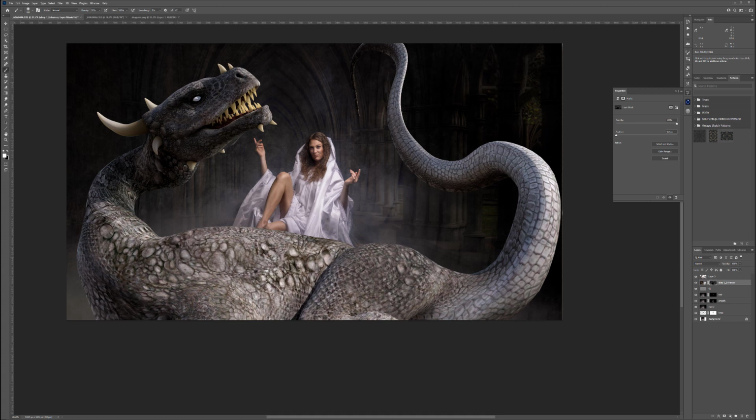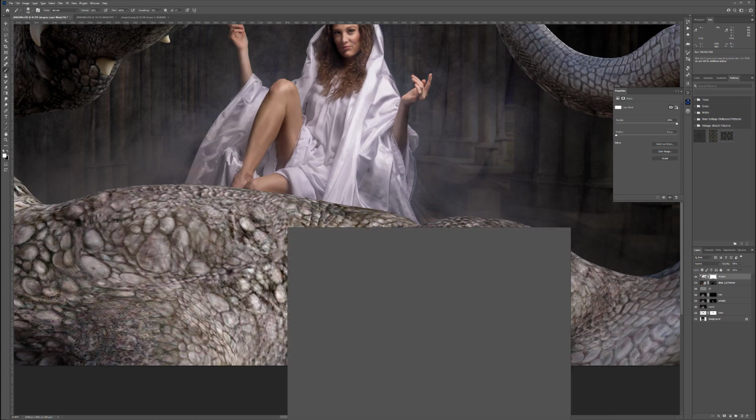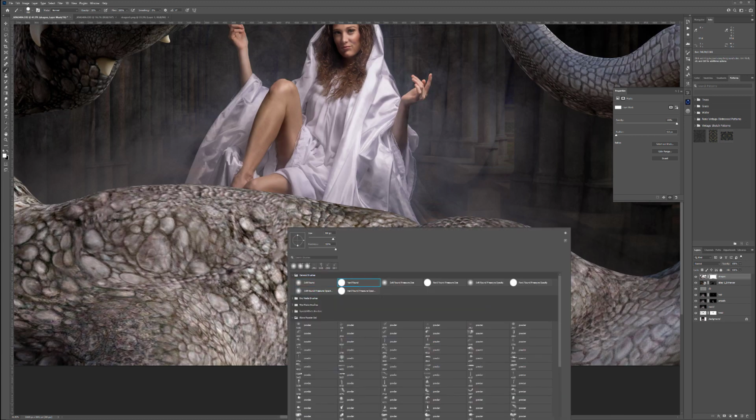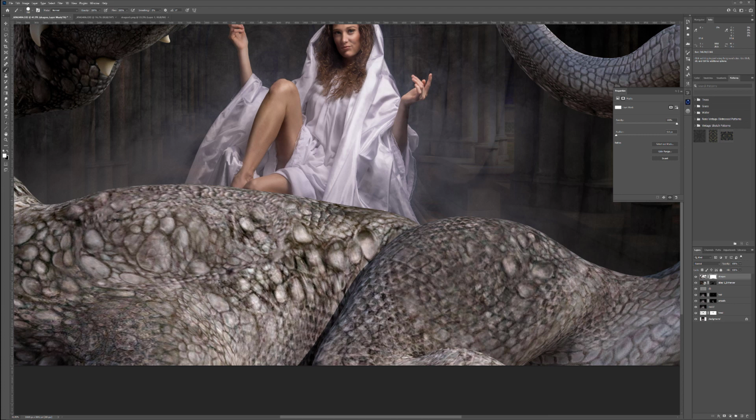Next, let's enable the dragon, and you notice the dragon is actually already a PNG with masks, which is very good, very easy for us, but we do need to mask a little bit where she's sitting. So for this, we'll add a mask layer to the dragon. Okay, and we'll use black color. We want to use a hard round brush at 100%. So what we're going to do is switch to black color, just like this. Go over here some elements,